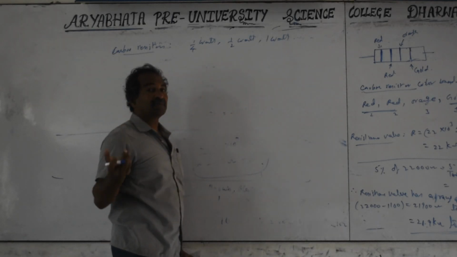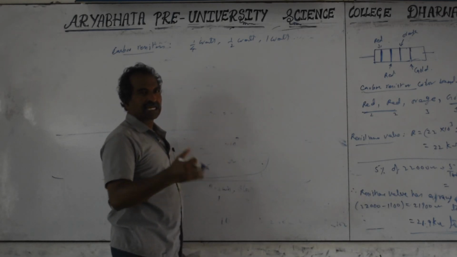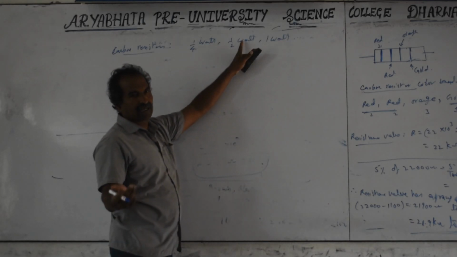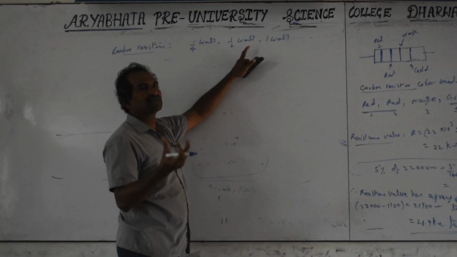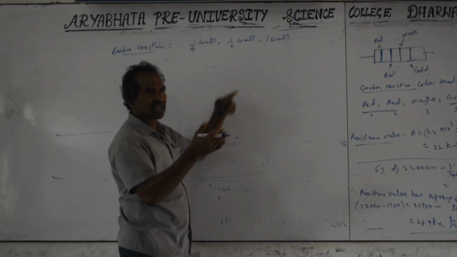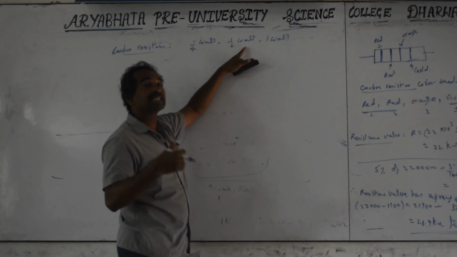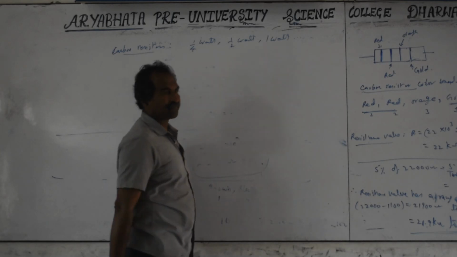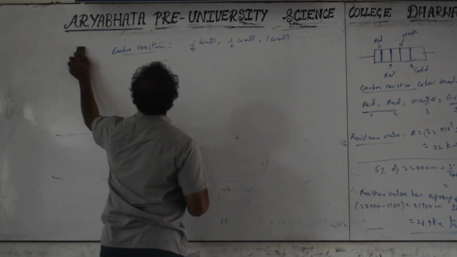If the current exceeds the limit, you can see fumes coming out. It burns out. If the current exceeds the value, the power is equal to voltage into current. We can check the calculations later. If the current exceeds a specific limit, the power consumption across the resistance automatically increases, because the electrons collide with the atoms of this carbon resistance. In that case heat increases beyond the limit. We can see the resistor burning out. So within that limit only is the power represented.